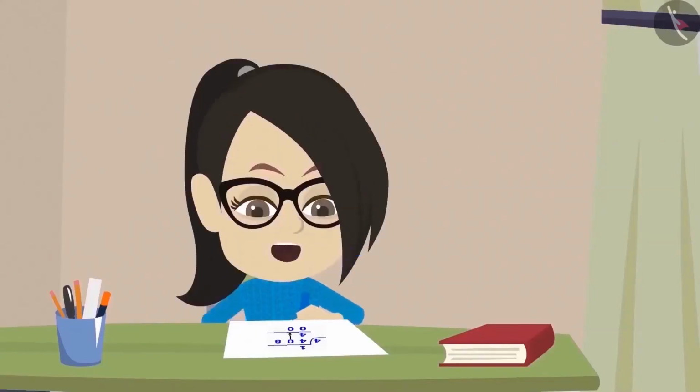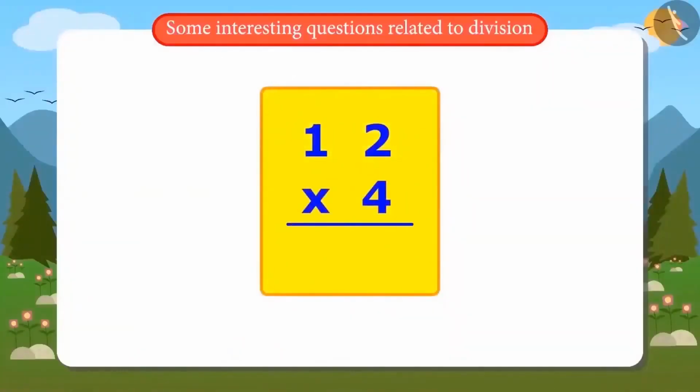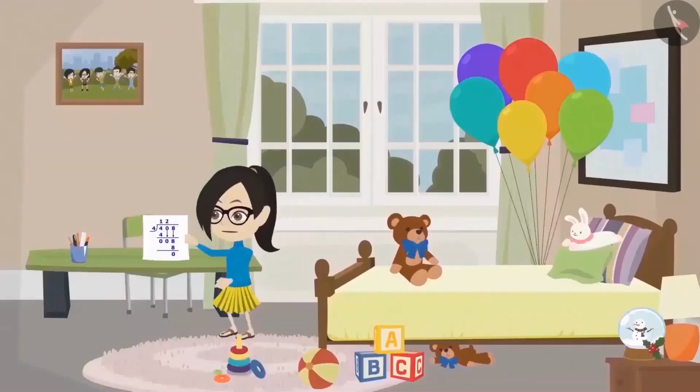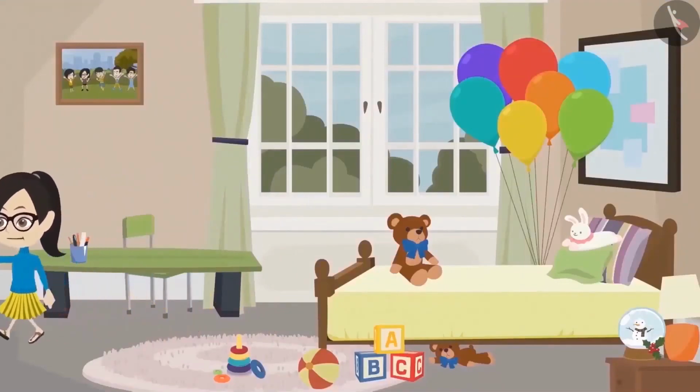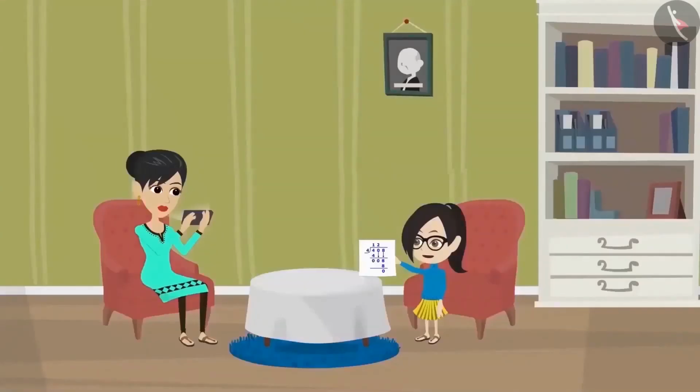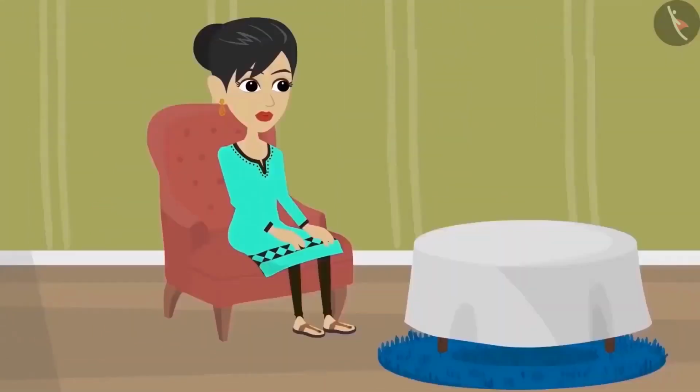Now we must check this and see if the answer is correct or not. I will multiply 4 by 12 to check if this division is correct or not. 4 2s are 8 and 4 1s are 4. The answer came 48. Oh what? The answer should have come to 408. That means I have made a mistake in dividing. Now I will have to ask Mummy for help. Mummy, I think I have made a mistake in dividing. Can you please help me with this?